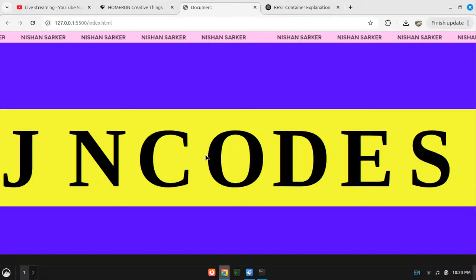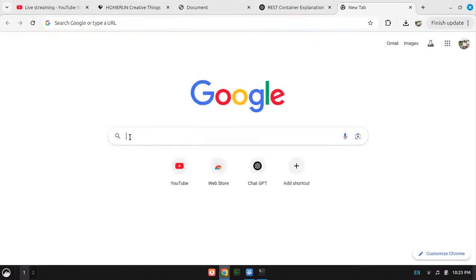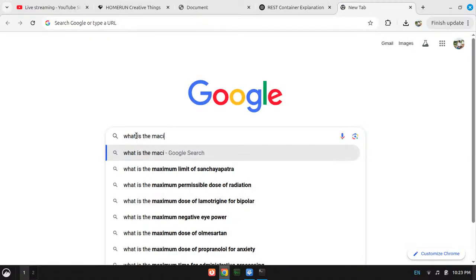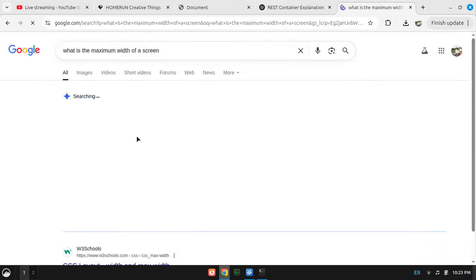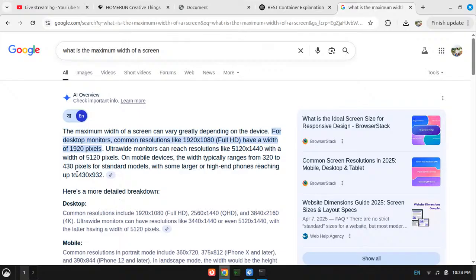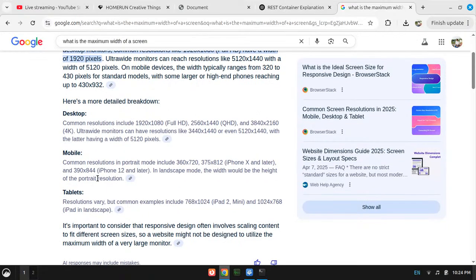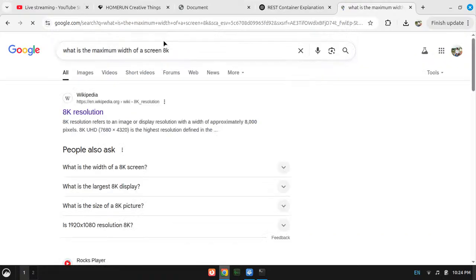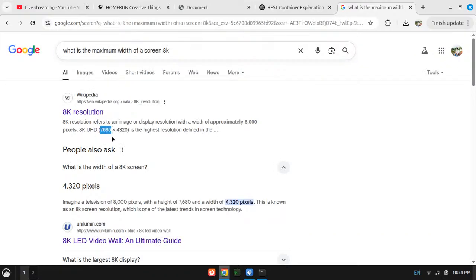Okay, you know what I will do is, what is the maximum width of a screen? 8K resolution, let's say it is 7680, right?